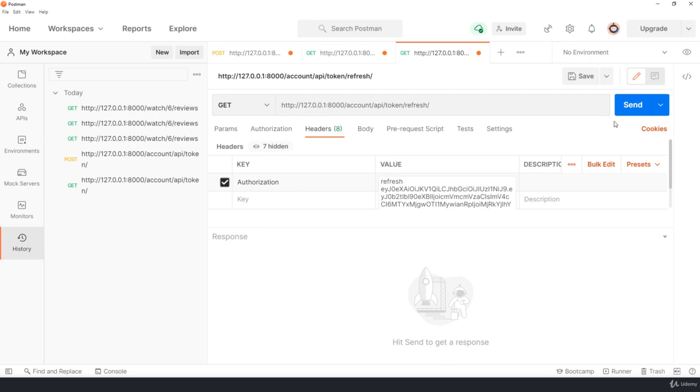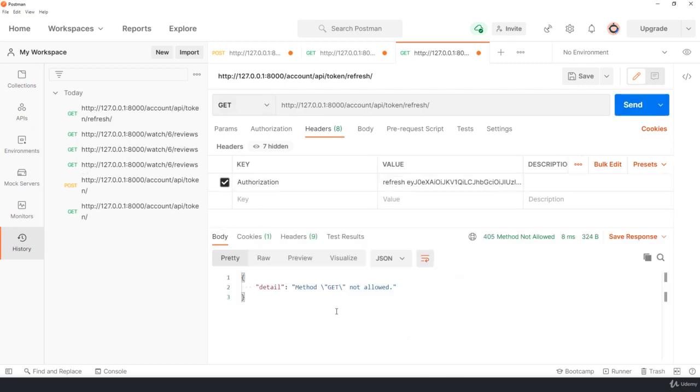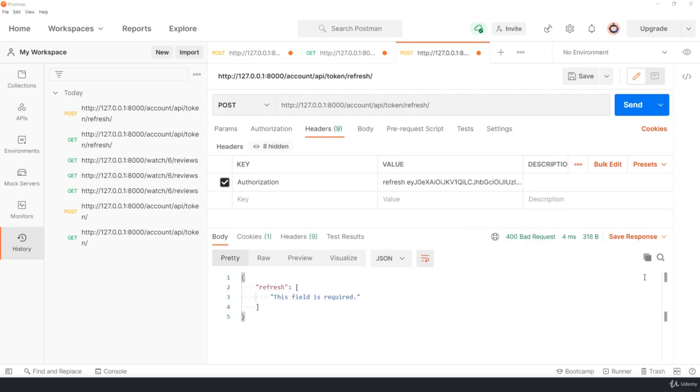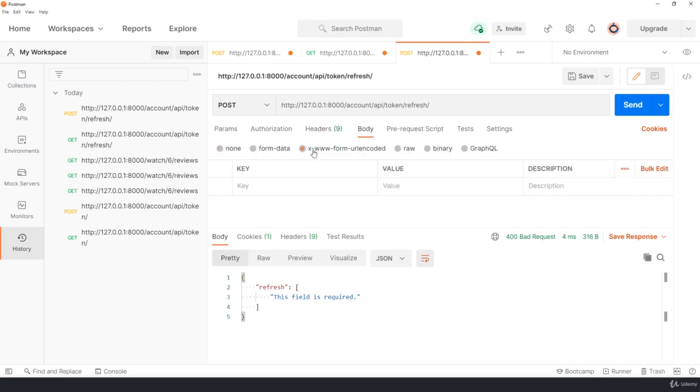Let me send a new request. Again, get method is not allowed. Send a post request. Now here we got an error. The thing is, we don't need to carry this information as authorization. You need to click on body, click on this x-www-form-urlencoded option, and here you need to pass this information. So just use refresh here,